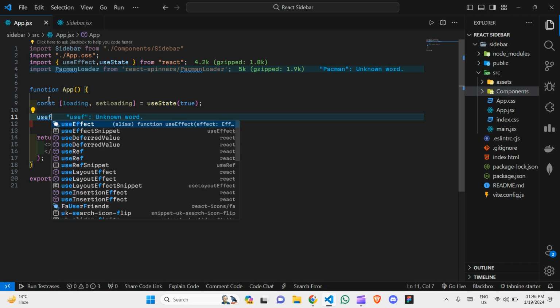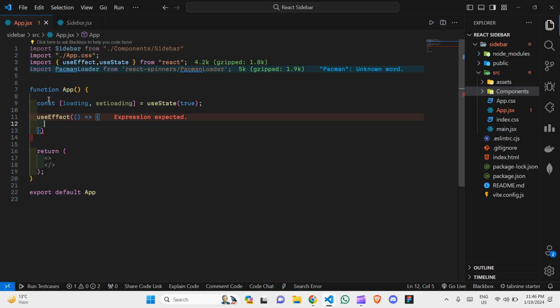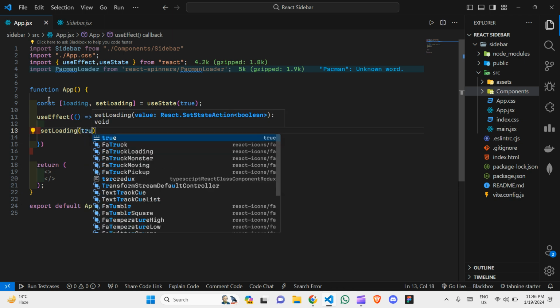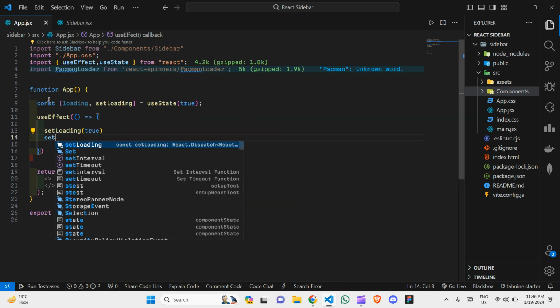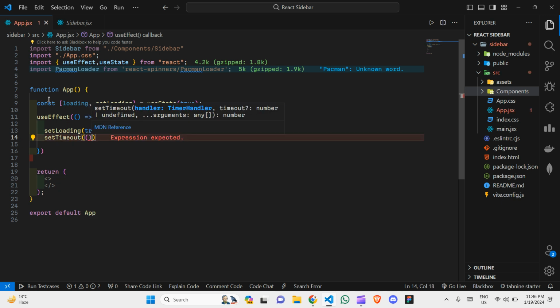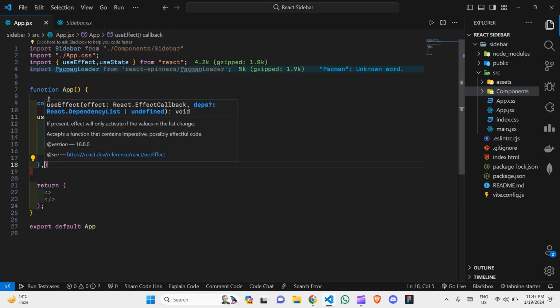Let me create a useEffect. Let me set loading to true, then setTimeout. Give a callback function, delay, and set loading false. It works, okay. This is the format of